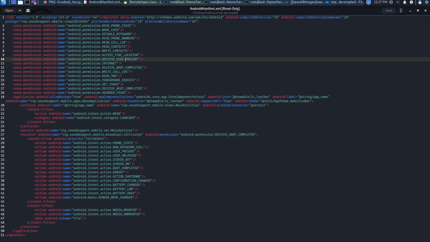Here is all related to broadcast receivers. Some of them we already saw, and some of them are yet to be seen. We'll be seeing them right now. He is also using services. Using such services means some kind of data communication or connection establishment is happening between the attacker and the victim device, which means all this data will be captured here, right?